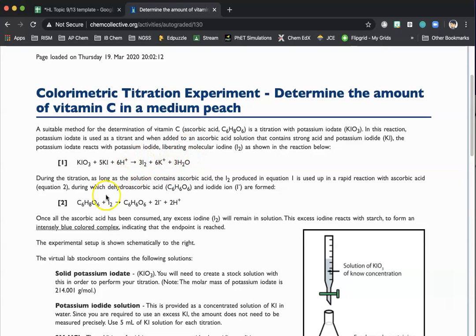This iodine reacts with the ascorbic acid that we're interested in. In a 1-to-1 ratio, it forms this dihydroascorbic acid and some iodide ions and some acid, H+. As this reaction proceeds, these are both fast steps in a reaction. These are both pretty fast reactions. They happen concurrently. As we're making the iodine by reacting potassium iodate and potassium iodide, the iodine reacts with the